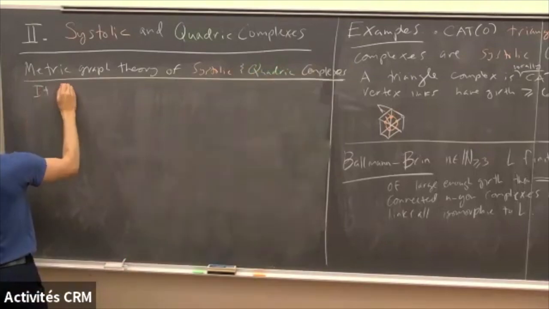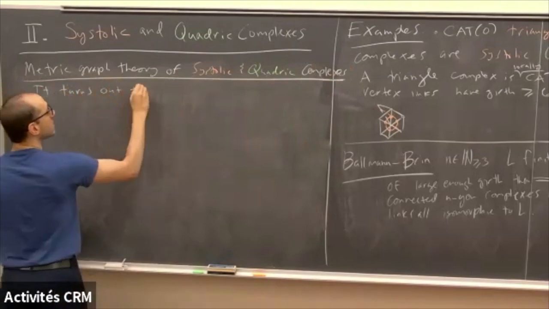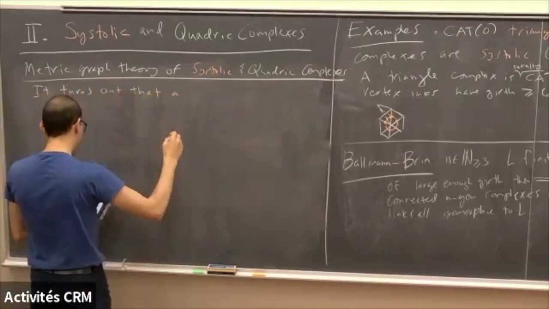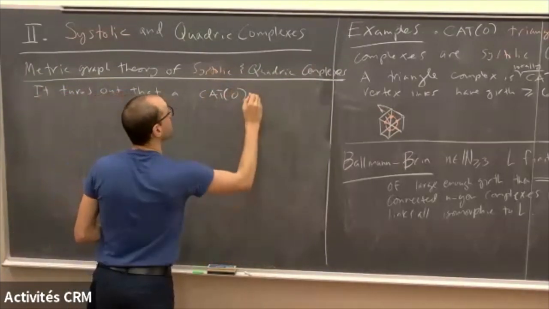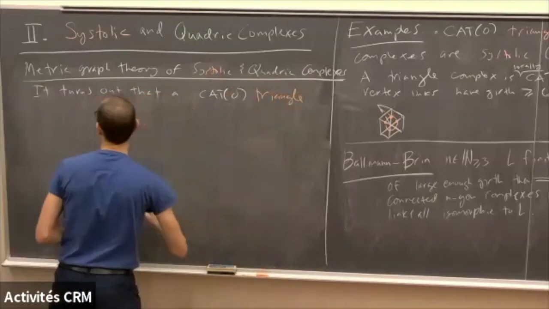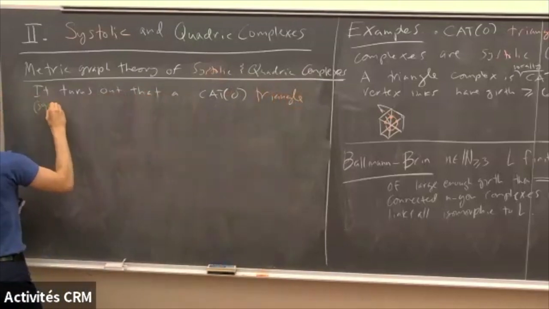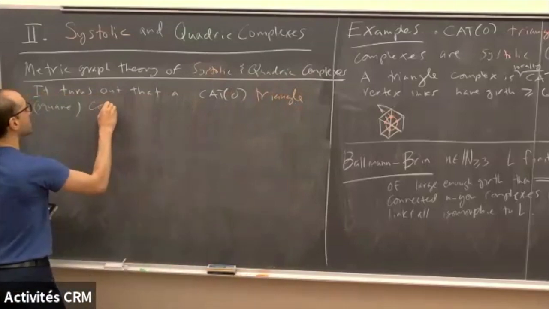It turns out that a CAT(0) triangle or square complex